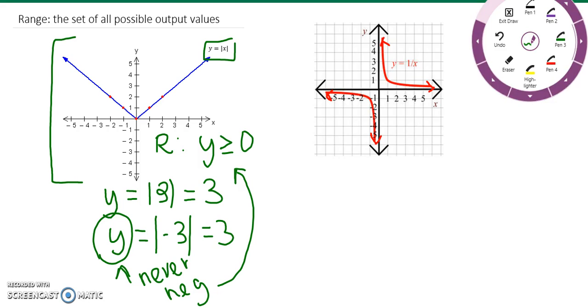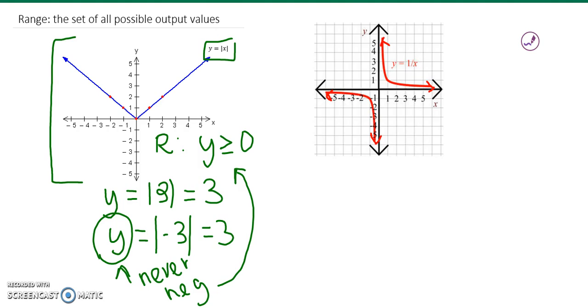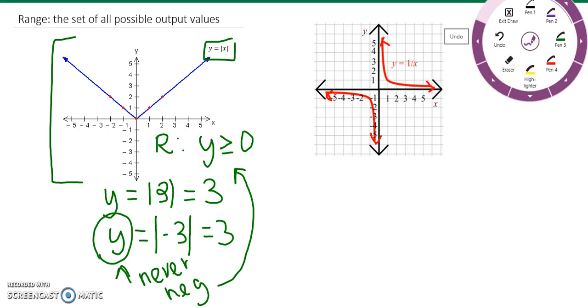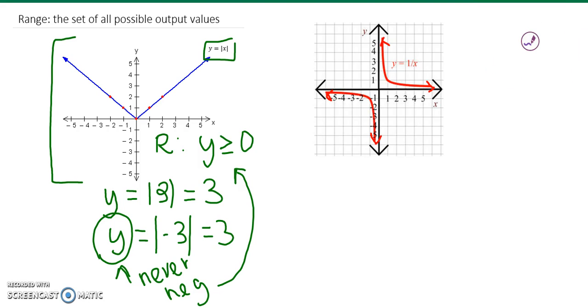In the second graph, we have the function 1 over x, y equals 1 over x. The graph appears to approach the x-axis, or the y-axis, but never actually reaches 0. Let's calculate this to confirm. If we evaluate for 1 over 0,